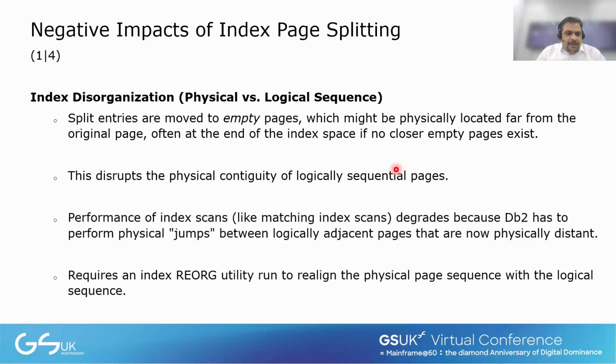Because the performance of index scans, basically the matching index scans, degrades because of this. The distance between the pages is pretty high, so physical jumps between these pages happen, and it degrades the performance drastically. That is one of the negative impacts of these splits. What you have to do is run an index reorg so that you can